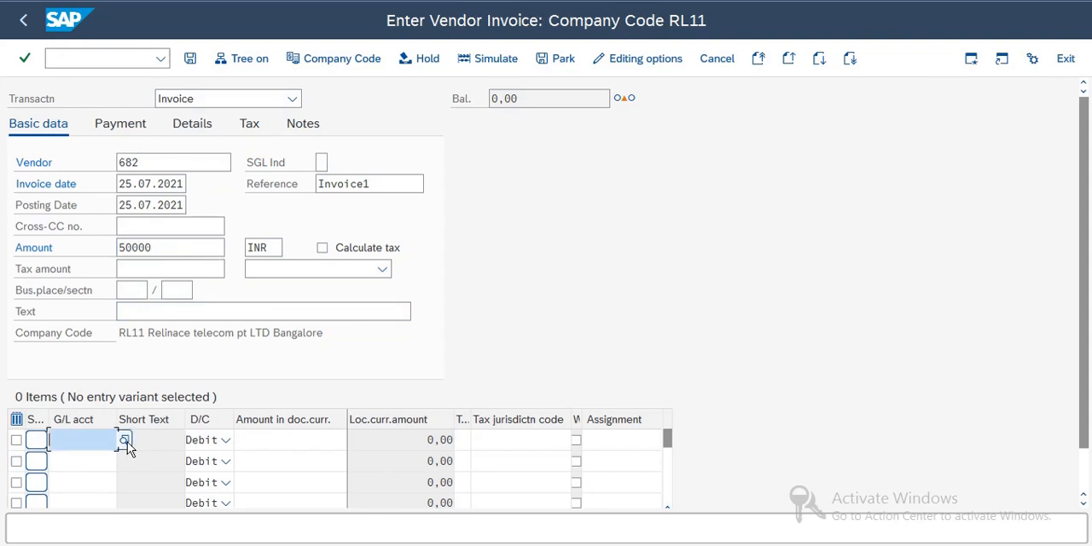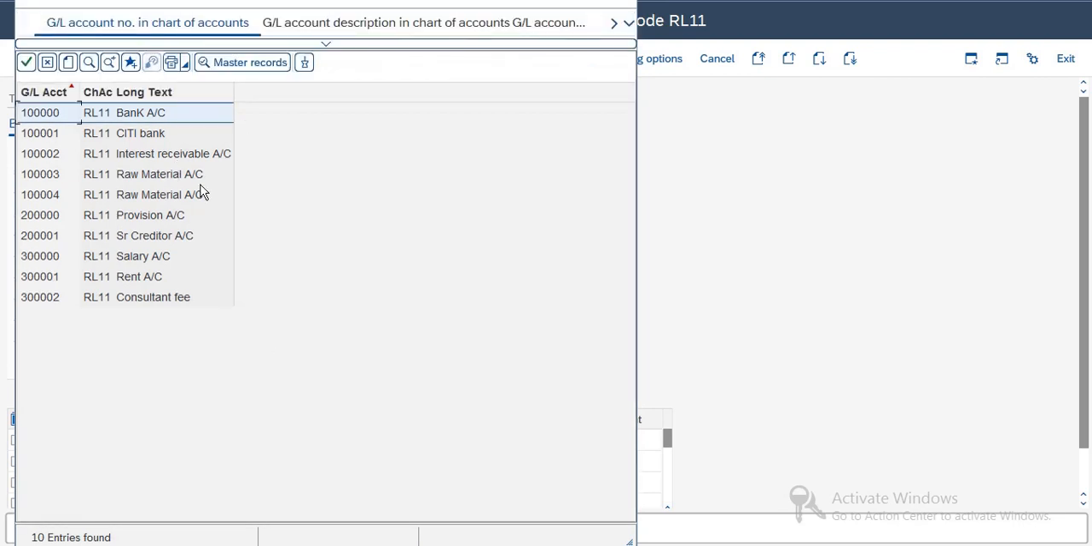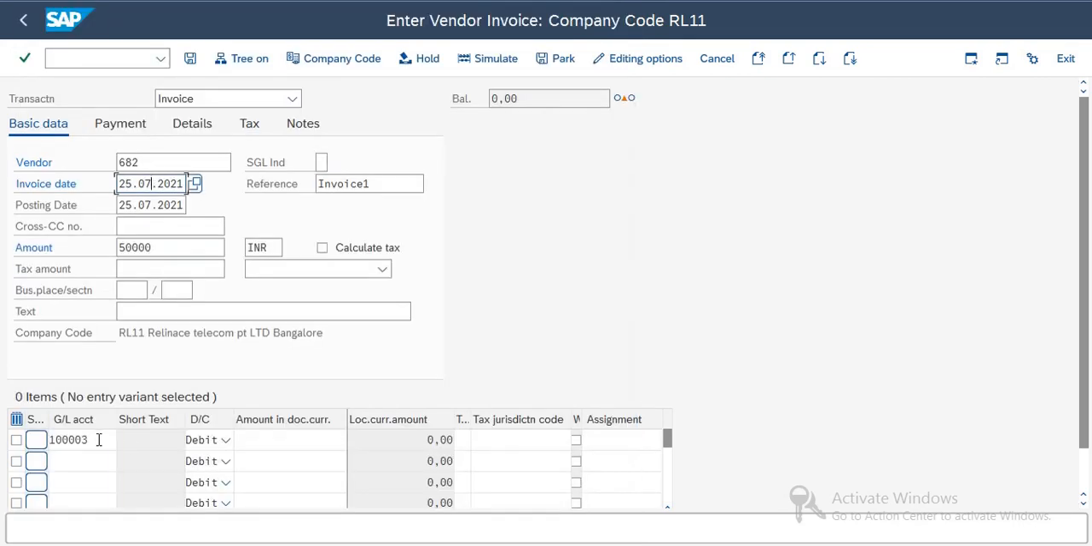GL account is our raw material GL account. Search, enter, and then raw material GL account. We will pick this one and here put a cursor. Amount in currency, so 50,000 is the same. This is the header part and this is a line item. So now in the line item we are